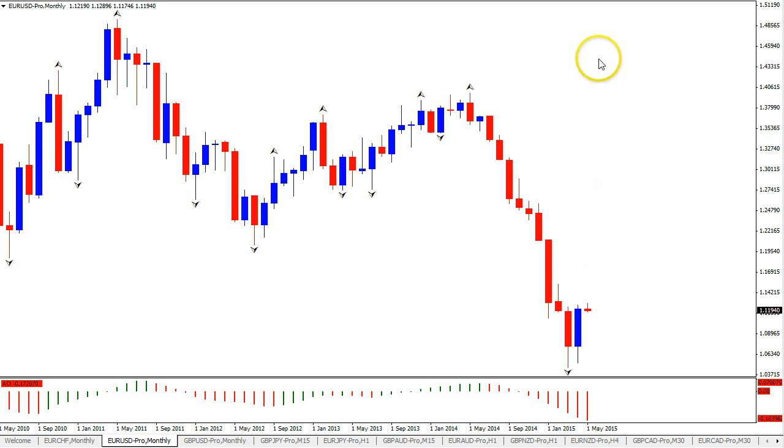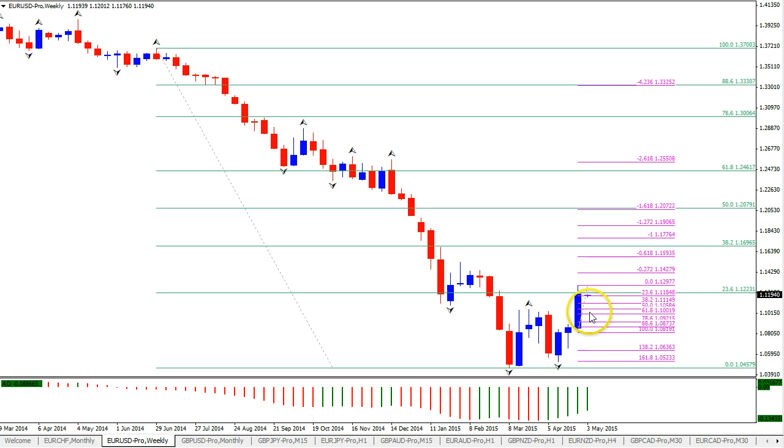And if we then zoom in to the lower time frames, we will see, of course, this monthly candle consists of several weekly bullish candles. And we can see that indeed we had an upside the last few weeks. So we're getting some retracement. That's why I put a fib from top to bottom using the wave analysis. That's why I used that particular leg. And we can see the price stopped at the 23.6 fib at